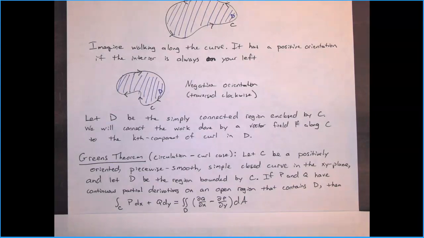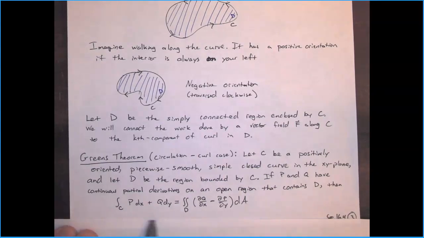let D be the region bounded by C. If it's bounded by a simple closed curve, it should be simply connected. Now, if P and Q, these are going to be components of a two-dimensional vector field, have continuous partial derivatives on an open region that contains D, this is a hypothesis that we need, so you can just think of going outside of the curve a little bit and taking an open region there. As long as they're continuous outside of the region just a little bit, then here's the important part, this formula